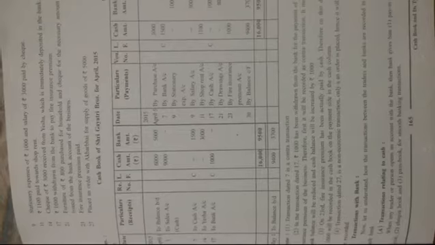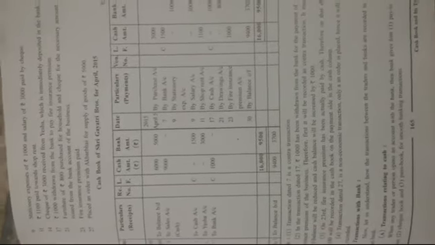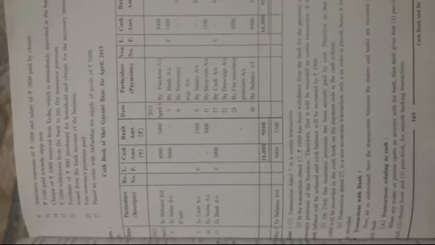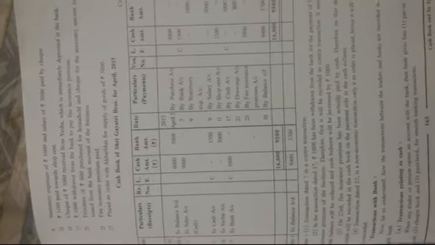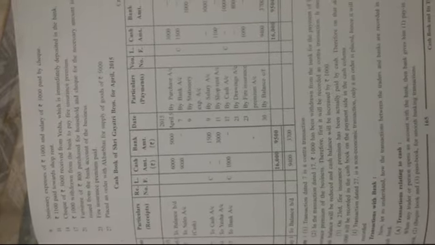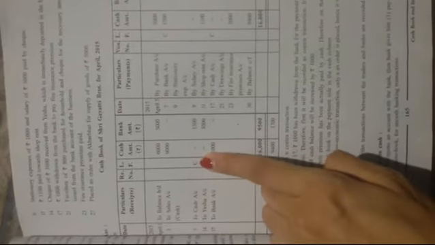So this is a type of contra transaction. At the same time both balances are changing. From the business, cash balance is decreasing because cash is going out of the business, and that cash which was withdrawn is now deposited in the bank, therefore bank balance is increasing. So that increased balance would be recorded on the debit side, and that decreased cash balance would be recorded on the credit side. So this is a contra transaction, and don't forget to write the C for contra transactions in the LF number column. Got it? Okay.